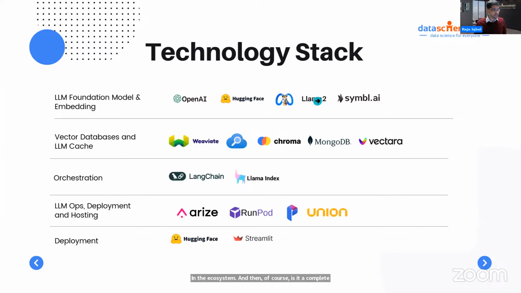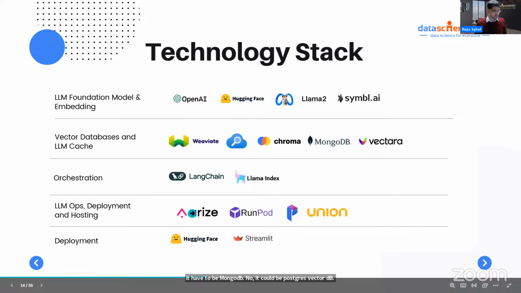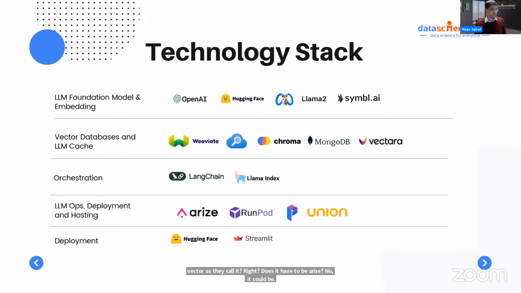It could be Llama 2, it could be Llama 3, it could be a Mistral model. Does it have to be MongoDB? No, it could be Postgres vector database, PG Vector as they call it, right? Does it have to be Arize? No, it could be a different tool for guardrails.